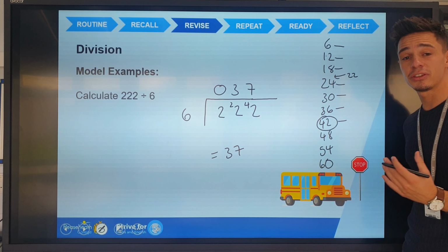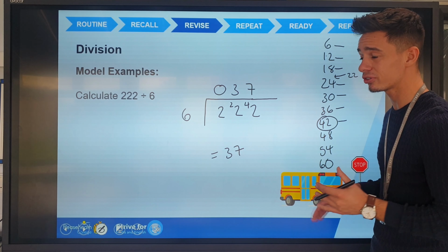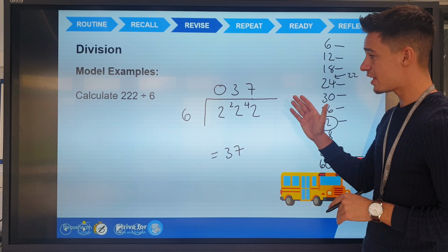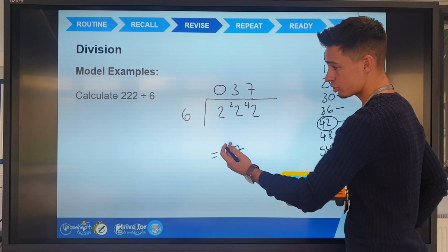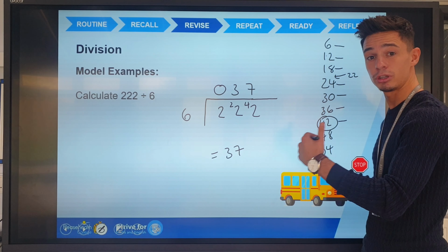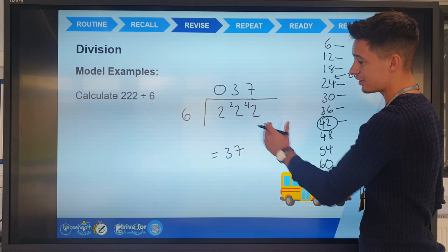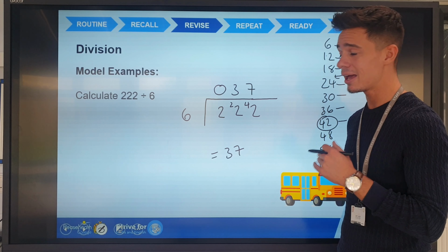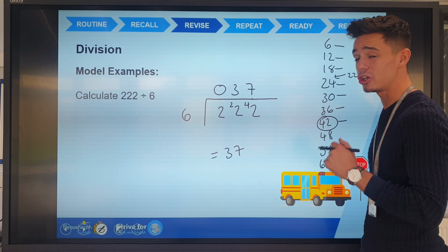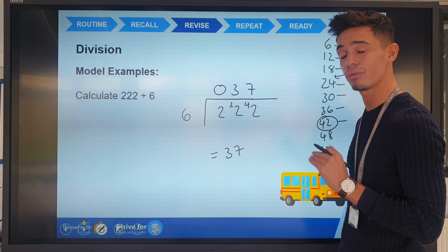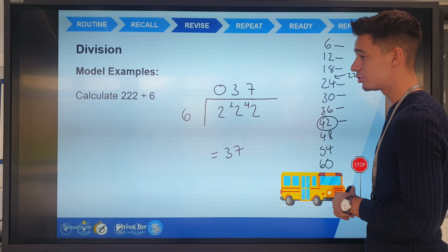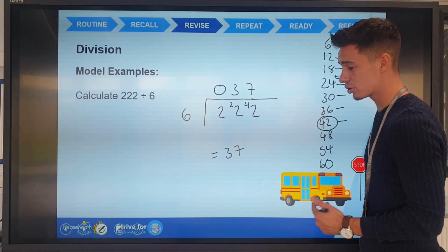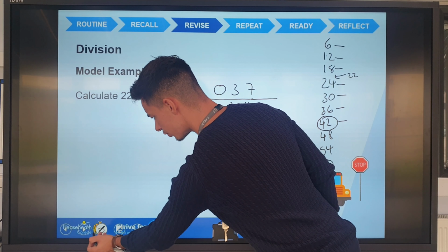Okay? And a good way to test this in an exam, if you're bored and you're sat there at the end thinking, I've done everything I can, there's a division question in there, why not try doing 6 times 37, doing the reverse, doing a check. And if you get an answer of 222, you know you've got the answer right. And I think that's a really nice position to be in, where you know you can leave that exam room knowing you've got the answer correct. So I encourage all my students to do a little bit of a check, just to make sure they've got the answer right. Let's look then at the next,